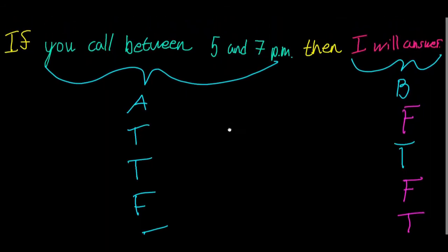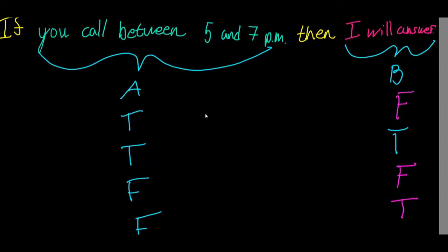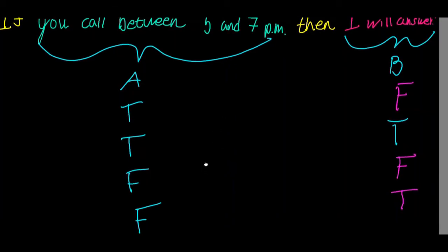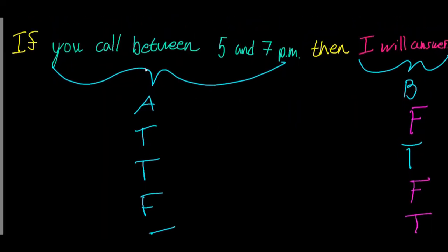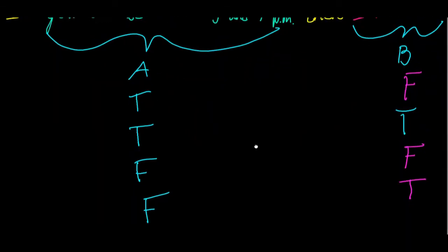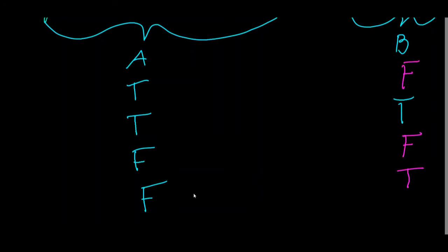Now, which of these situations results in a true statement? That is, which of these situations results in a scenario where you're living true to your word, where you're not breaking any promises? Well, let's think about the situation where A is false. If A is false, say you call me at 3 p.m. Well, I've said nothing about 3 p.m. I said nothing about hours other than the hours between 5 and 7. So in any situation where A is false, I'm always going to be living true to my word. In both of these situations, no matter what the truth value of B is,